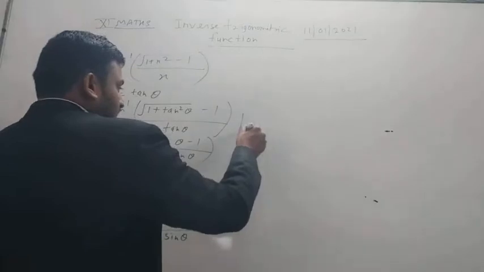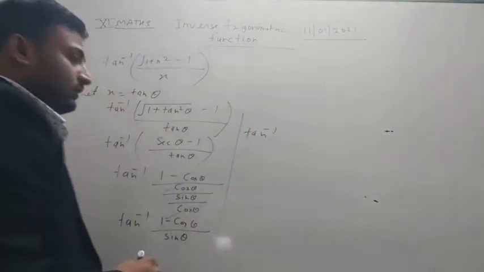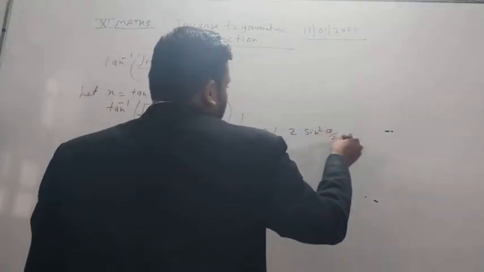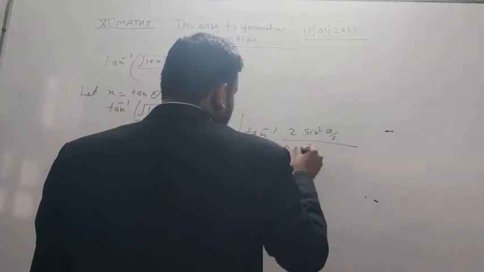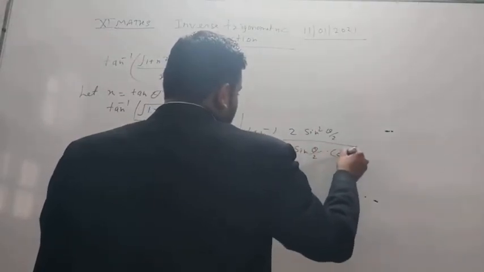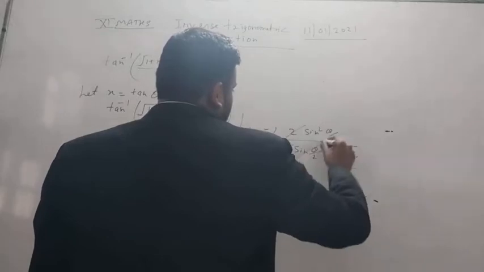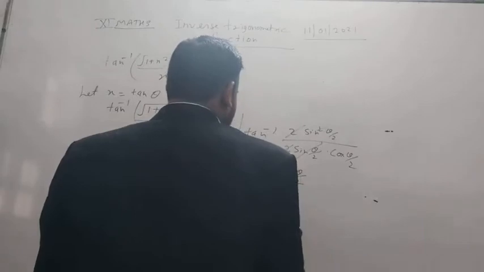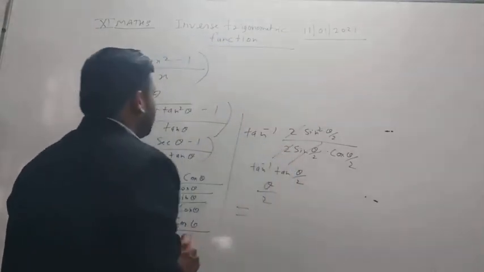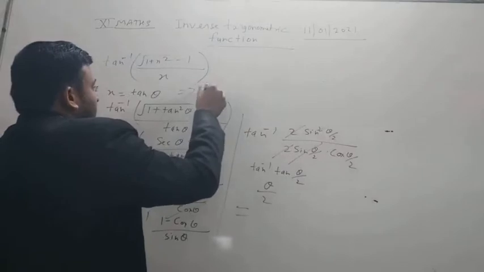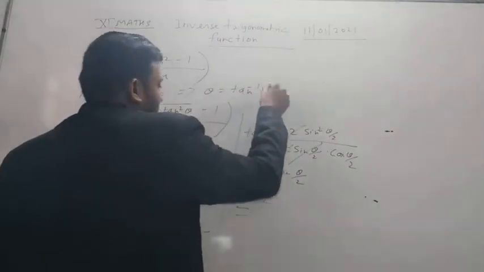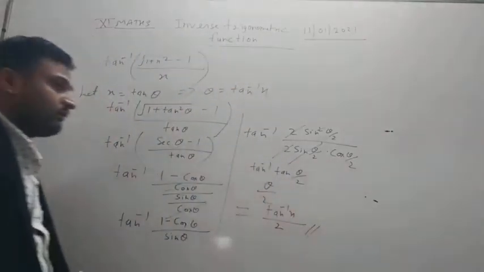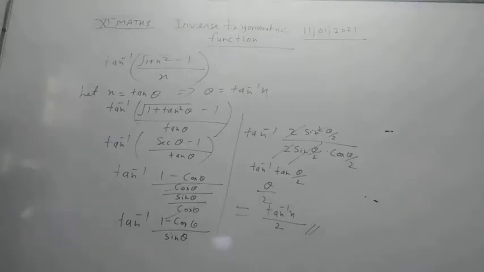Now we use the trigonometric formula. 1 minus cos theta can be written as 2 sin square theta by 2, and in the denominator we can write 2 sin theta by 2 cos theta by 2. This part is cancelled student. Now tan inverse tan theta by 2 is theta by 2, and this theta can be written as tan inverse x. So tan inverse x by 2 is our required answer. Okay student,